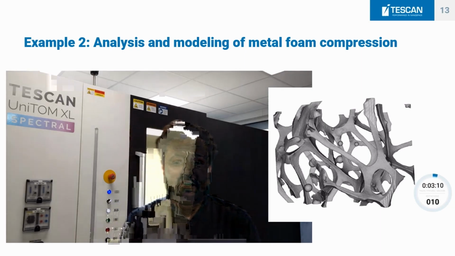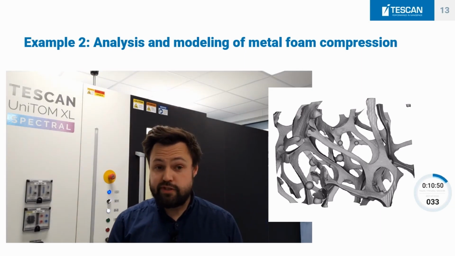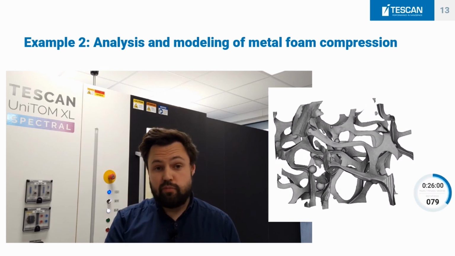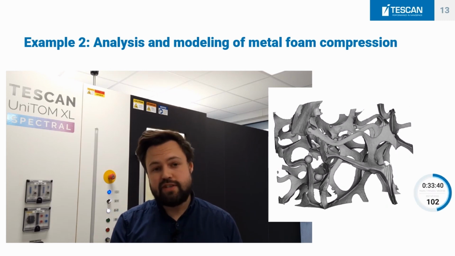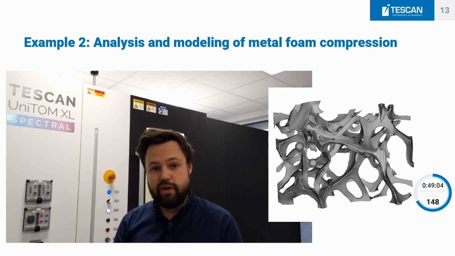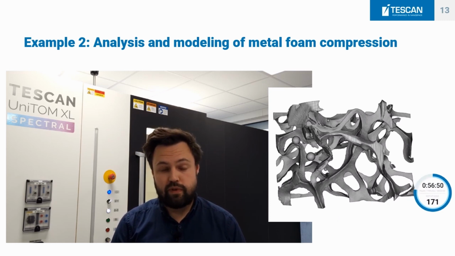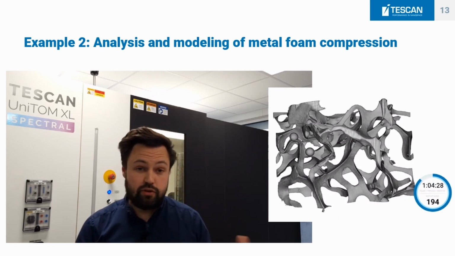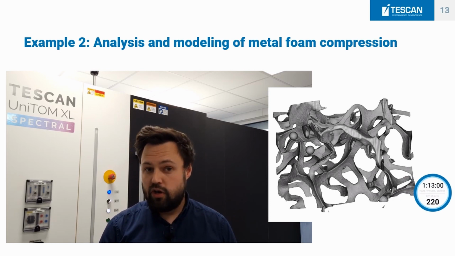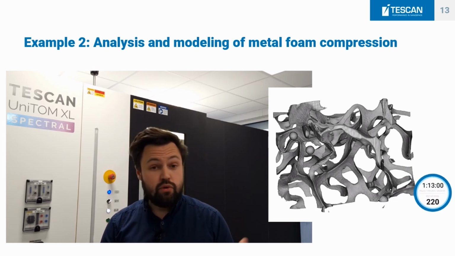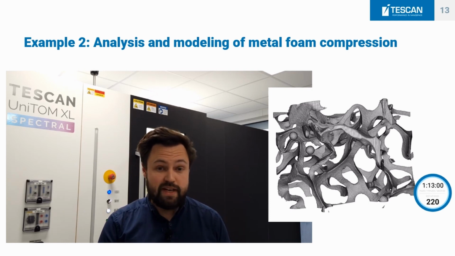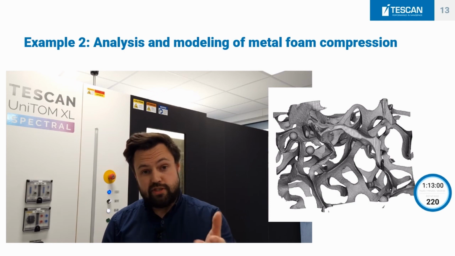We performed this experiment in 2 phases. So first, we did a compression experiment on a sample like this. After the compression, we took the data and used that to train, or give valuable input parameters into, our numerical compression model. After that, we took a new scan of a sample in an initial stage, and we modeled the compression on that sample. And afterwards, we did the experiment again on that second sample to see if the experiment matched the real data. So the results I'll show you now.